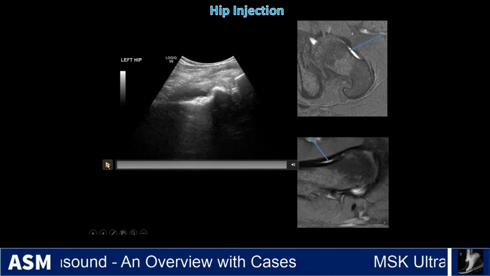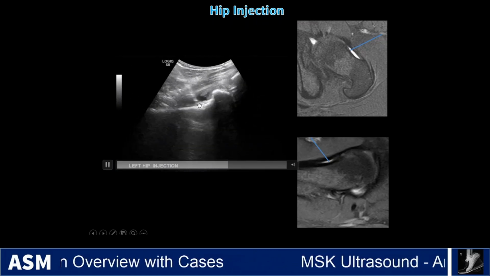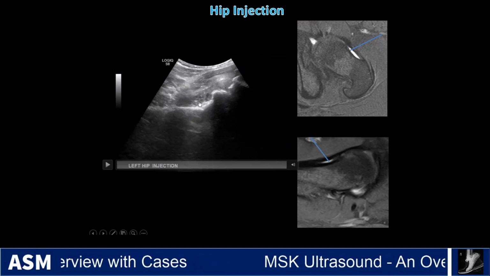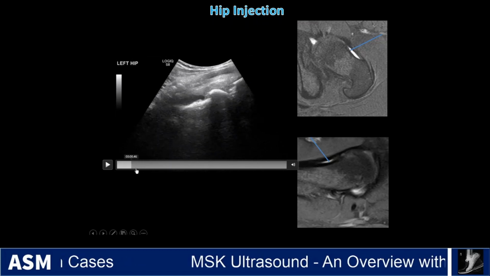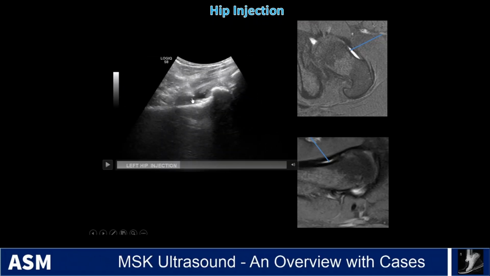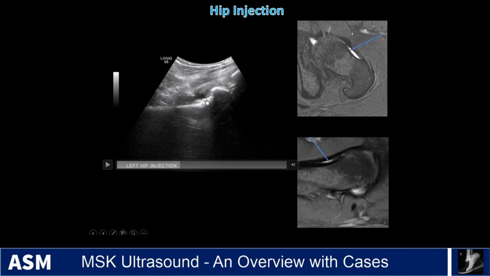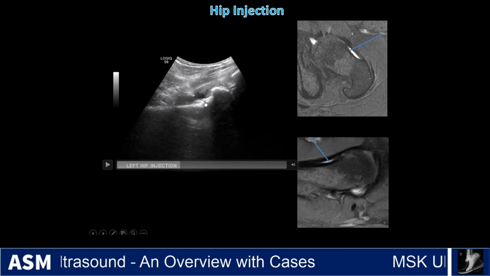And so you're going to see in this case the needle coming in, and there's the needle, and then I'm going to inject the steroids, and you see that particulate matter floating around inside of that joint. So just to show it again, coming through, and here's the needle right into this region. You don't necessarily have to hit the head-neck junction if you've got fluid to target, but if I didn't, typically I would come right around here,